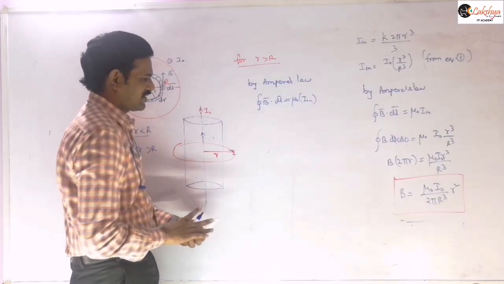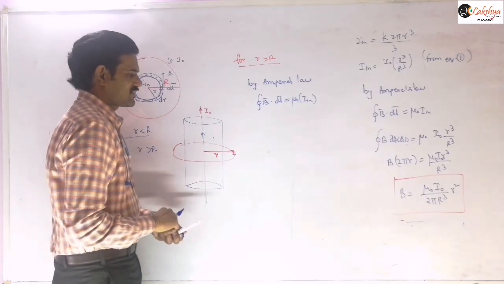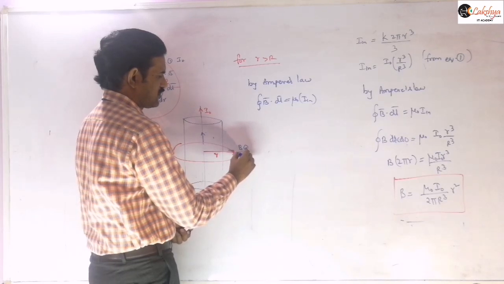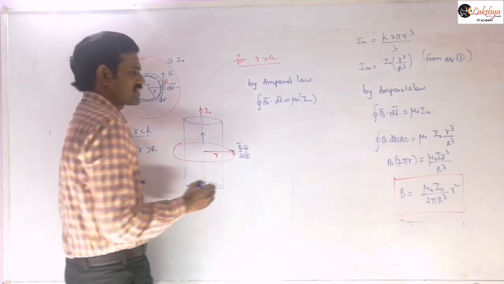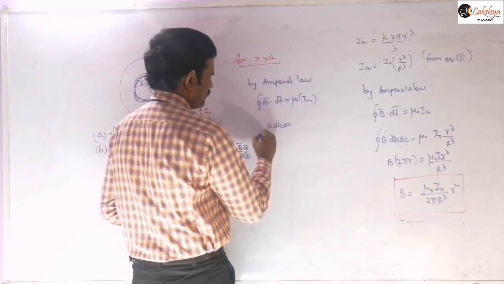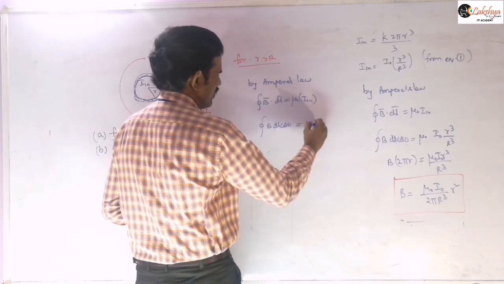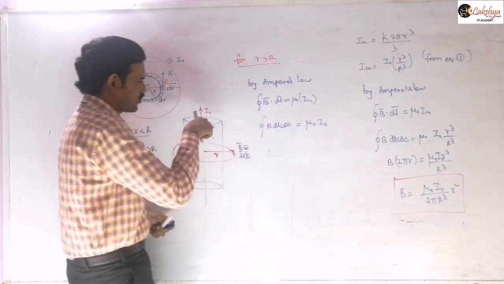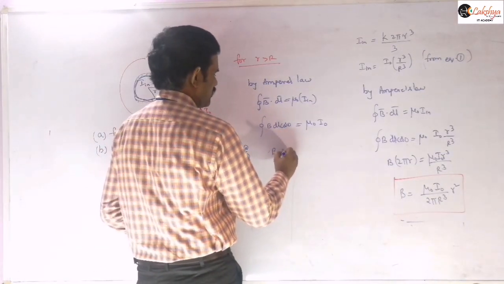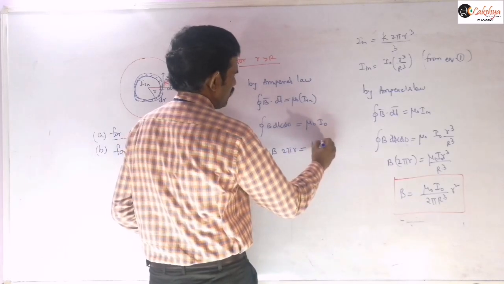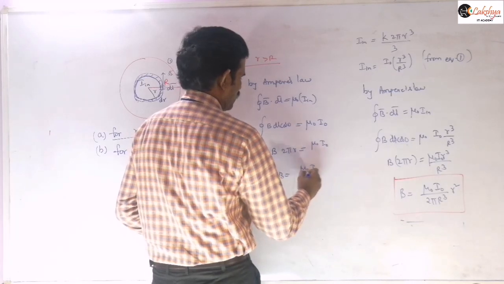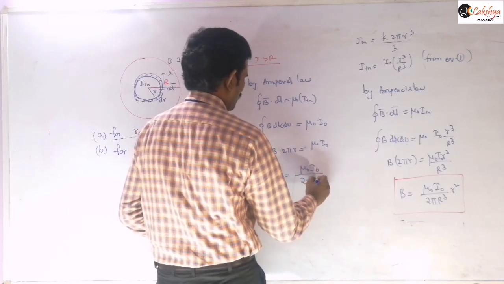Again the magnetic field will be there like this. Let us take dl bar also into the plane here. So B bar is into the plane and dl bar is also into the plane, both in the same direction. So this value is B into dl into cos 0, and this is mu naught into I naught. Now the total current enclosed is nothing but the total current here, right? So B into 2 pi r is equal to mu naught into I naught. Then B is mu naught into I naught by 2 pi r outside.